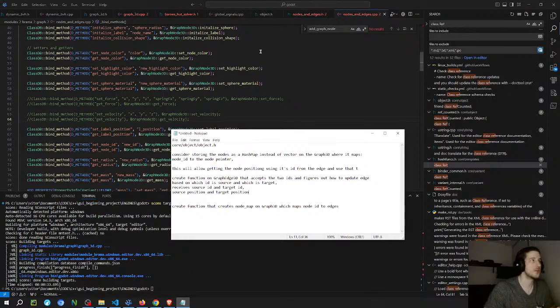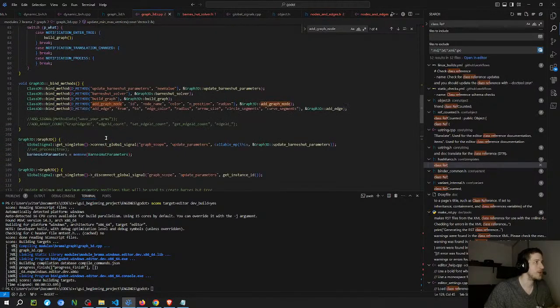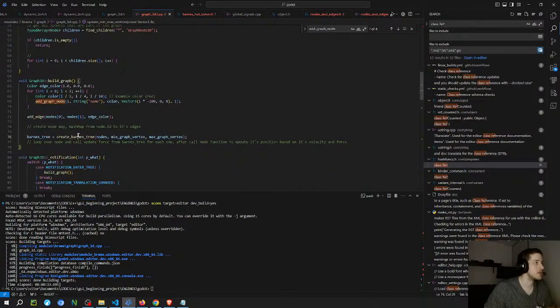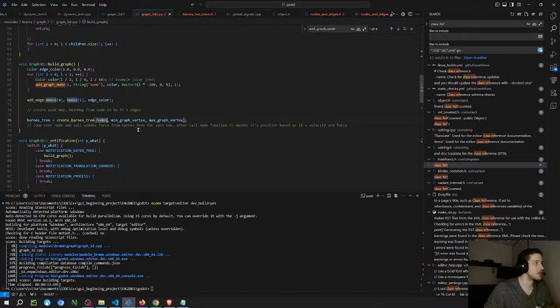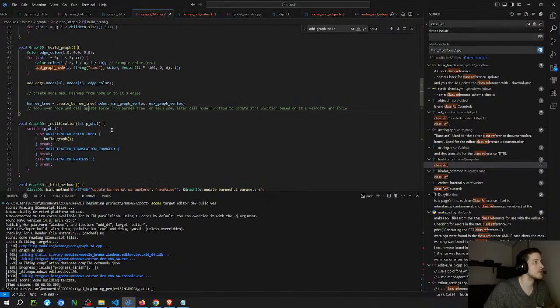So the first step is going to be to create the tree here. You add the nodes and the edges, then you create the tree based on the nodes, and then you loop over the nodes, then you update the positions based on the force of the tree, and then you update the edges based on the new positions of the nodes. And I'm going to put this on each frame as well. So I think probably to update the forces,